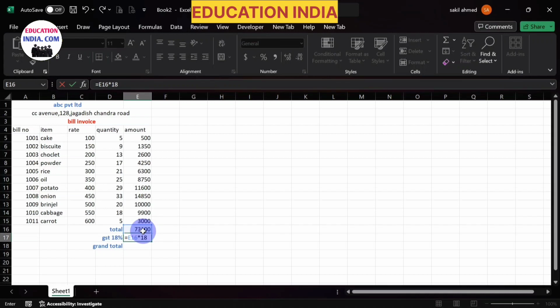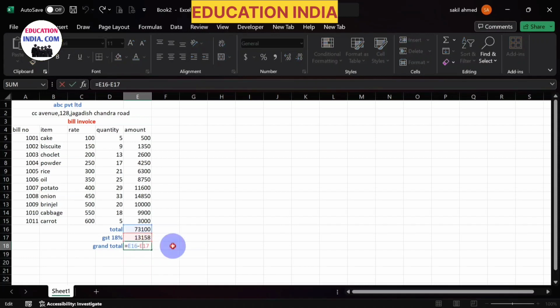Okay, so GST 18% on this total amount. Okay, and how to calculate grand total? First get equal to total amount minus GST 18% and press enter key and also calculate the total amount already calculated. So friends,